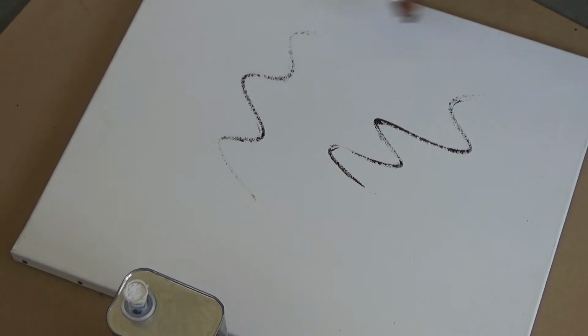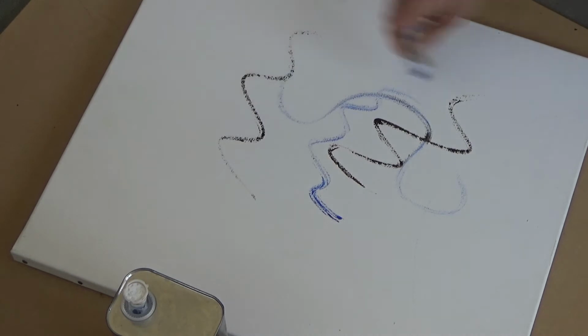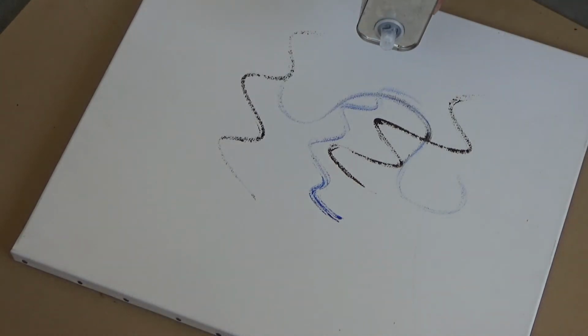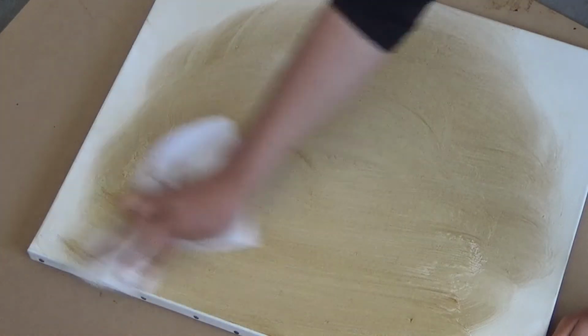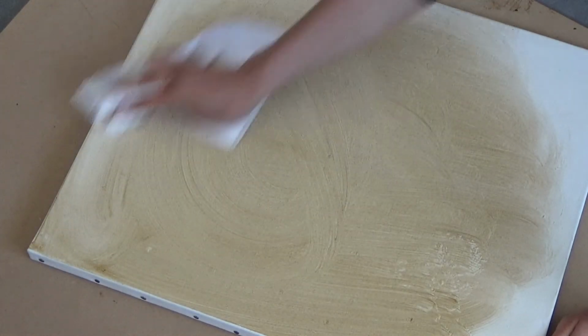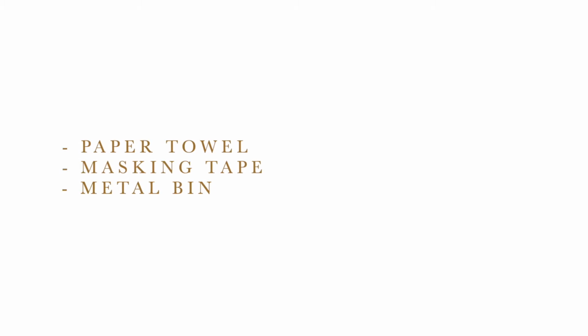Prepare the surface with the imprimatura. This first paint layer provides you with a neutral tone on which you can work towards the light and the dark. Use fast-drying pigments like raw umber and spread it with a solvent. If your painting support is too absorbent, you can use linseed oil instead. Have some paper towel, some masking tape and a metal bin at hand.